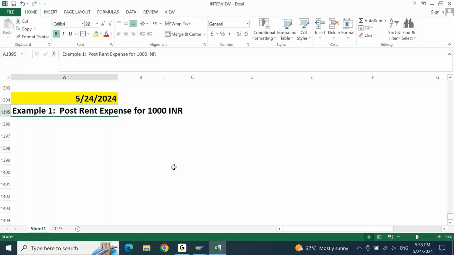Have a clear focus on how you are posting it, how reports are coming, how tables are getting updated in CO. If you are able to focus on it, you will catch the point. Else what will happen? Why is the entry credit this side, why not this side? You have not mentioned in the example that it is paid by cash, vendor, or bank. Don't think at that level. So to avoid these kinds of confusions, I'm clearly writing